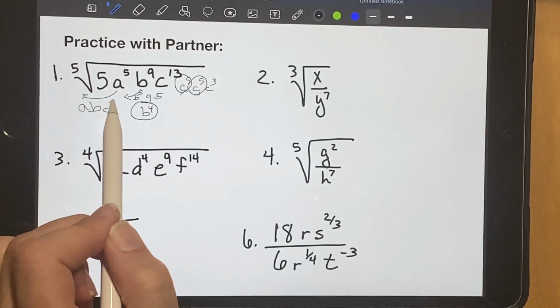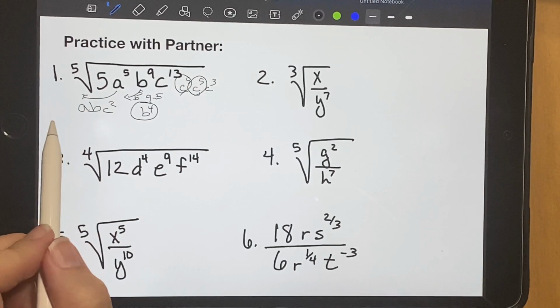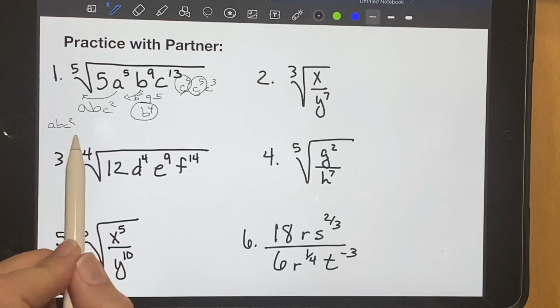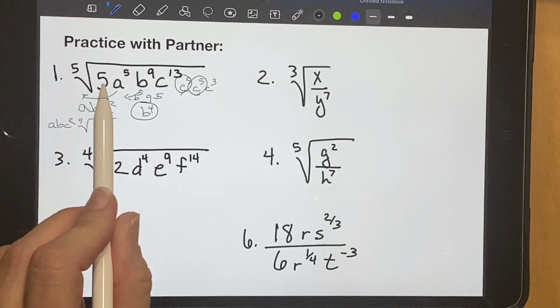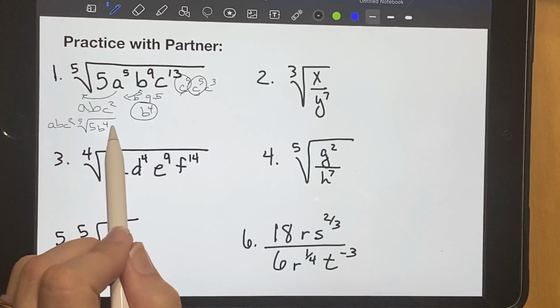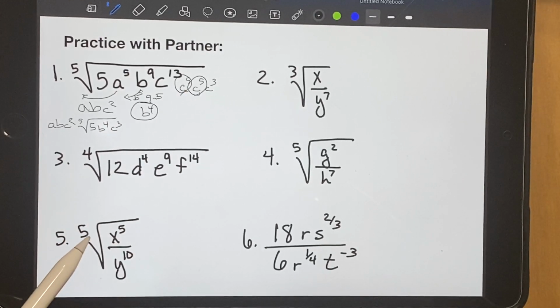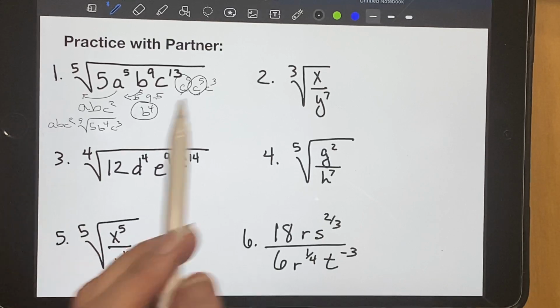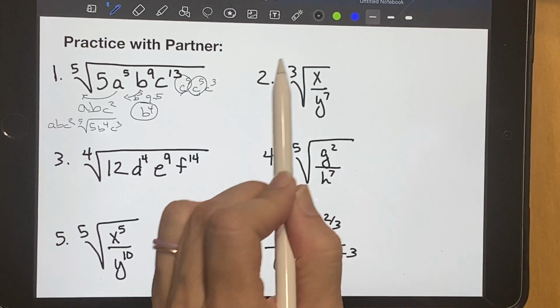I could take out another one of them. And we would have a, b, c squared on the outside, and a 5th root where our a to the 5th is left, our b to the 4th is left, and our c cubed is left underneath, right? So for this one here,